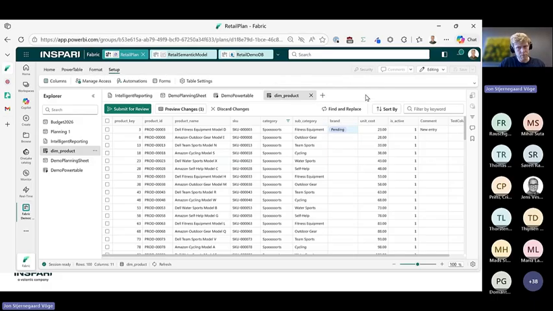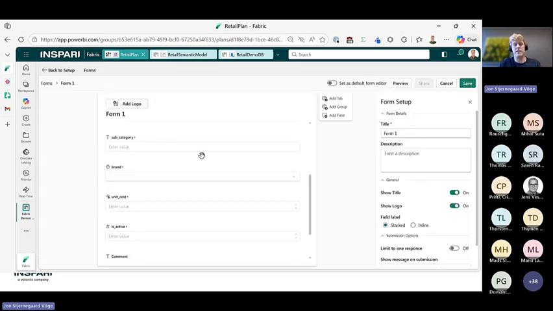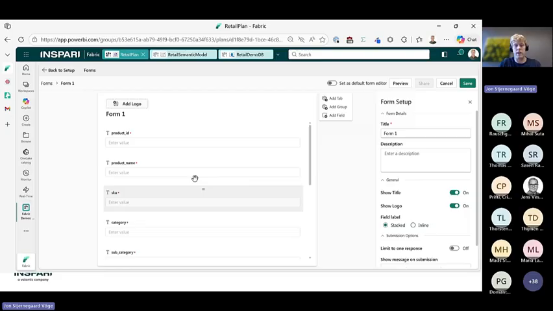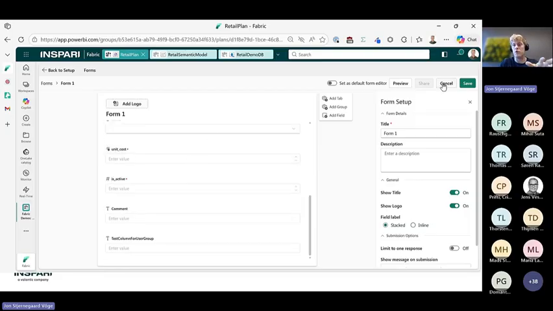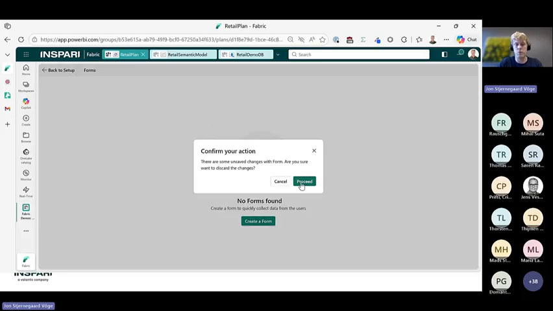And of course, I teased that at the beginning. If you wanted to, you can set up forms, you can set up automations on these Power Table sheets. So if I wanted to create a form where I ask a group of users for some kind of input to add new rows, I can do that easily from within the tool. I don't need to create an MS form. I don't need to use another third-party tool for that.